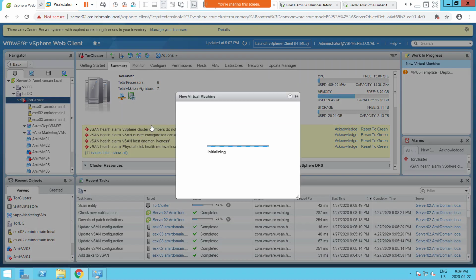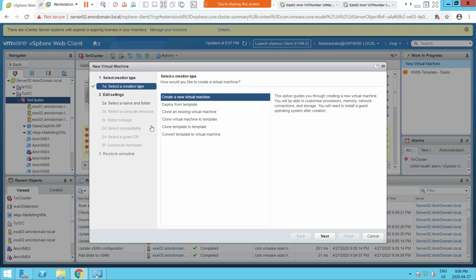New virtual machine. Oh, the flash button doesn't come. Let's just, Mariam, try on E6i2, E6i3, E6i1. Try to click the disks of each of these. Does it not come on any one of those, or only on one hypervisor's disk? It doesn't come. I'm going to go for create new virtual machine here,